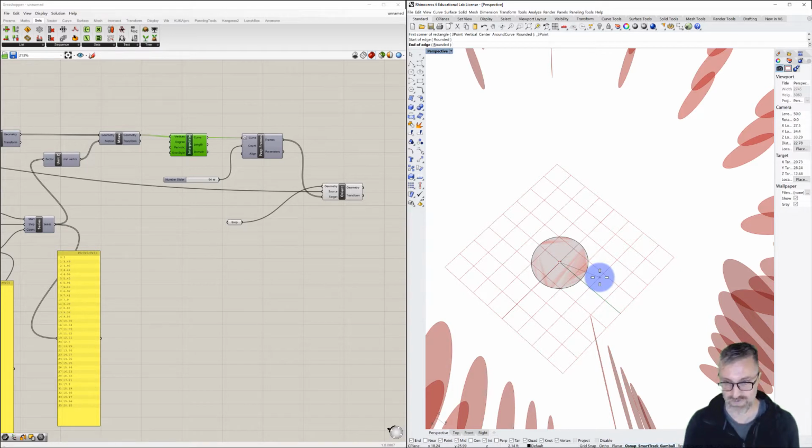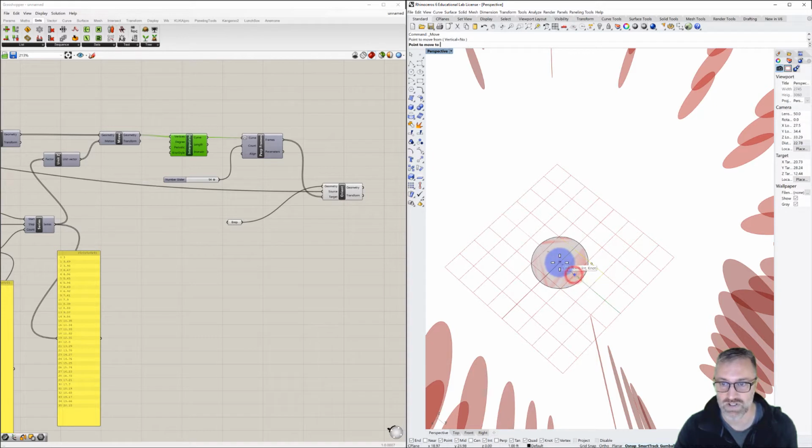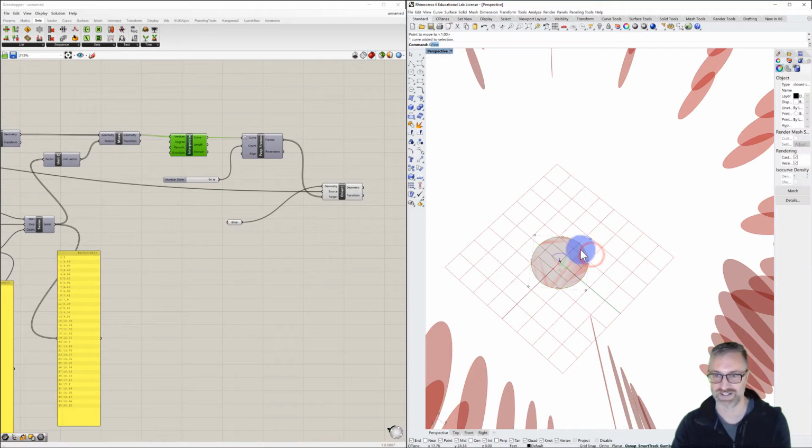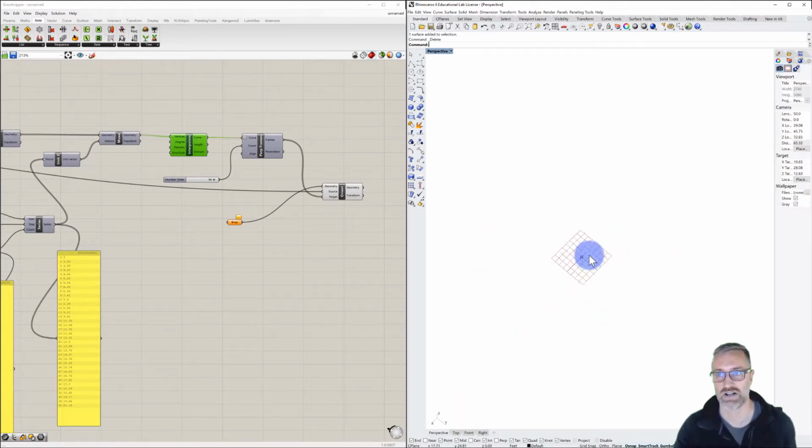I don't know, 2 feet by 1 foot. And maybe I'll move this. I'll delete the circle and delete that disk. You can see they all went away